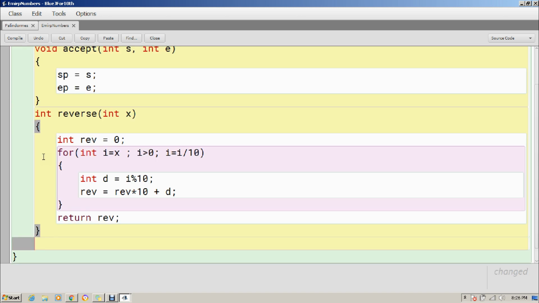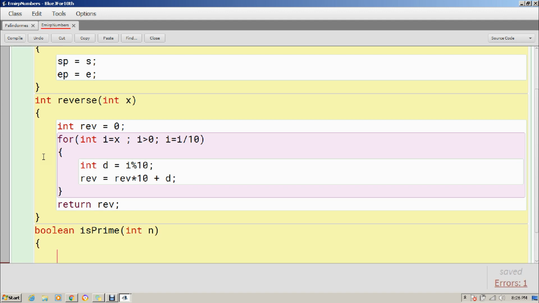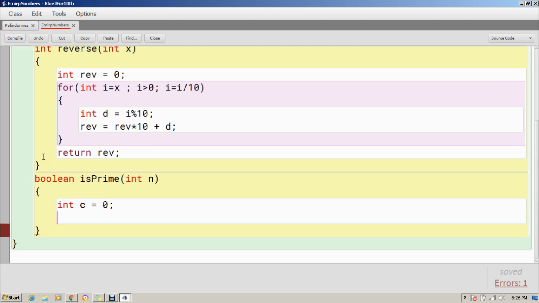One more method I will create, which will tell whether a number is prime or not. So the isPrime method, and it will return boolean. I will pass one integer to it, and it will return whether that is prime or not. For that I will create a variable c as a count to count how many times it is divisible. I am assigning c, which is the counter, to 0.